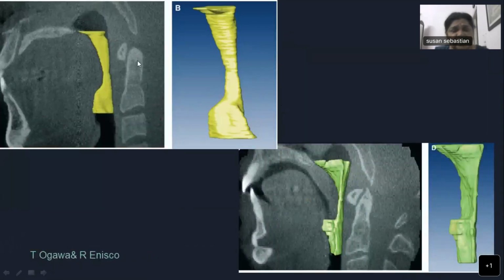This is a reconstructed view from MRI, and this is the awake stage. This is the retropalatal space, and this is the retroglossal region. This is a lateral view. This is an anteroposterior view. This is a normal size. And look at it when the patient is sleeping. The airway is obstructed, and it has become so narrow and thin, and it is only reduced to a few millimeters, or maybe 1 or 2 millimeters. And here again, you can see that the tongue has really produced a bulge there, an indentation there, and the airway space is narrowed.